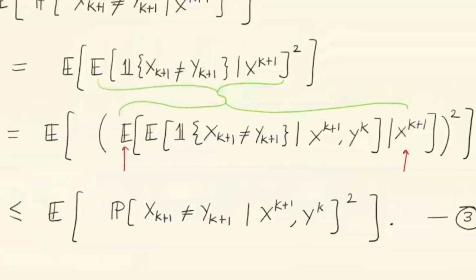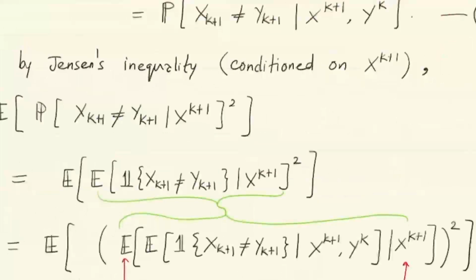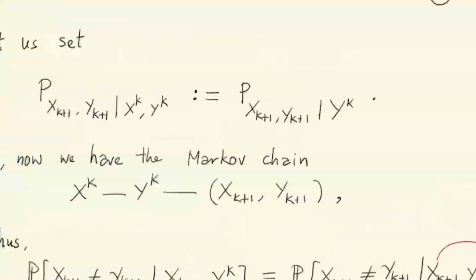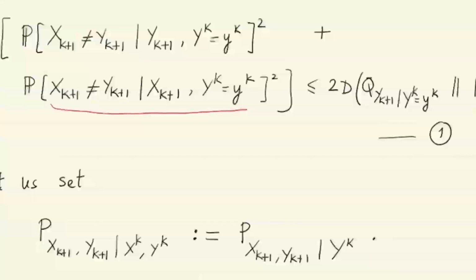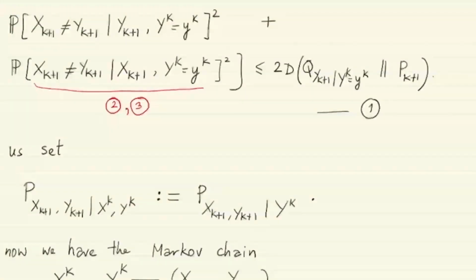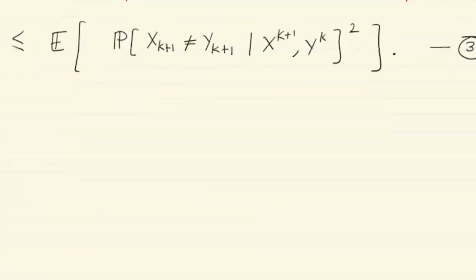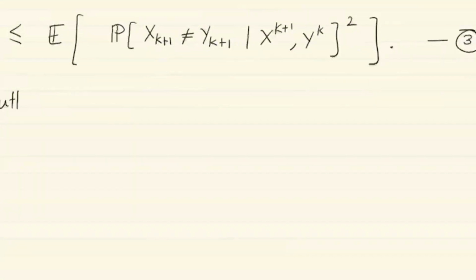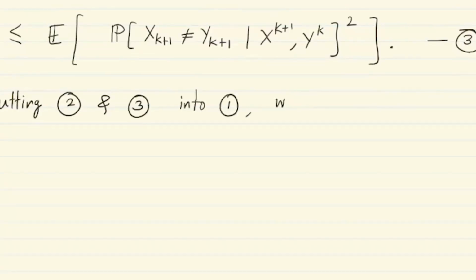So let's put 2 and 3 into 1. Let's go back to equation 1 above. What equations 2 and 3 have helped us do is to give a lower bound for the second term on the left hand side. So we can now go back, and putting 2 and 3 into 1, we get